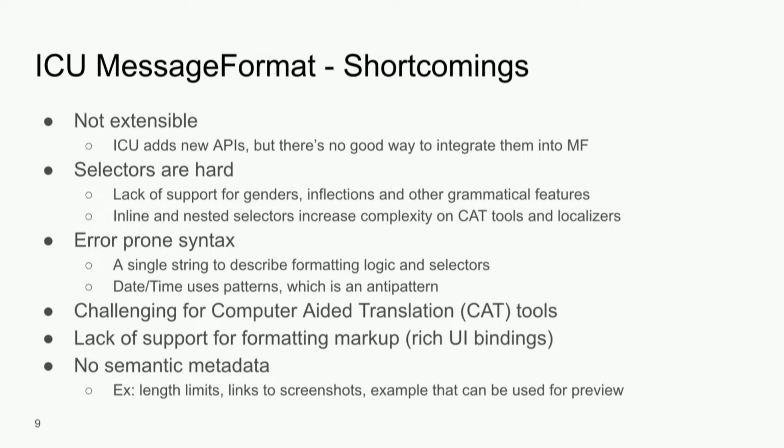Human languages are infinitely creative. So trying to encode what grammatical structures may exist and be needed is just not a closed circle of problems. So we would like to be able to extend the system. Selection and variance between messages, different forms of the same message, is a huge problem space. Historically, some systems played with nested selectors, which created some glorified version of concatenation, which is one of the problems localization is facing.